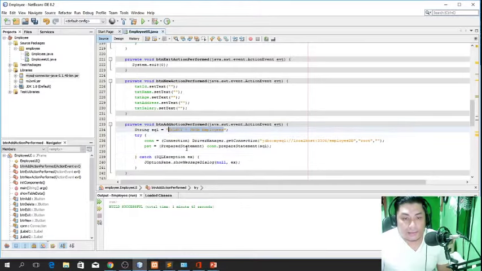Okay? So, string SQL. So, in the add action performed, or our button for add, this is the SQL to execute the insert statement. So, insert